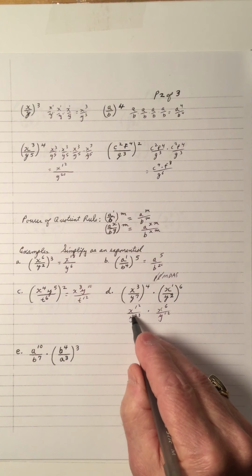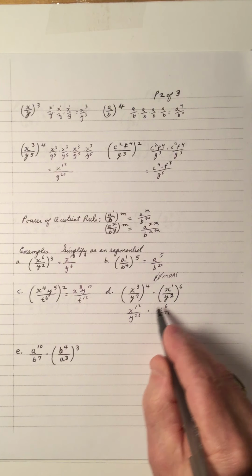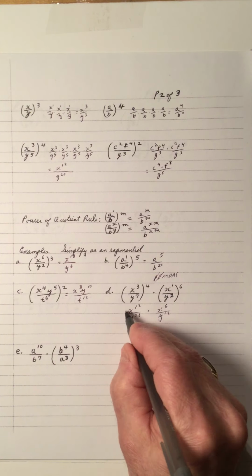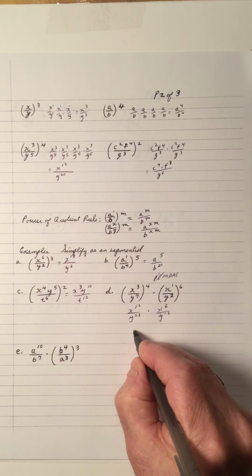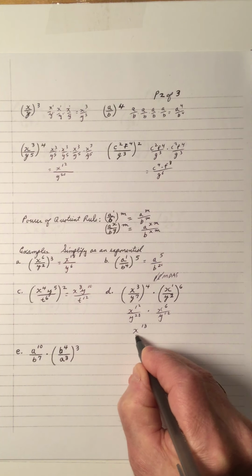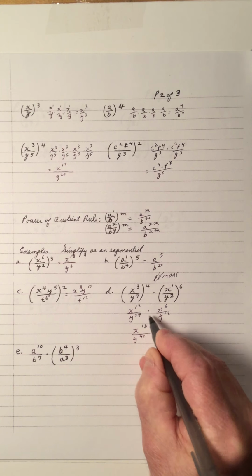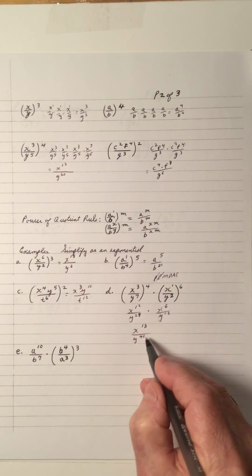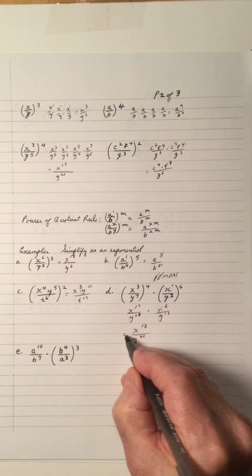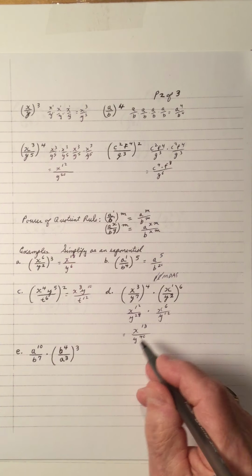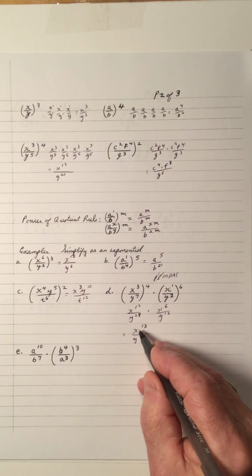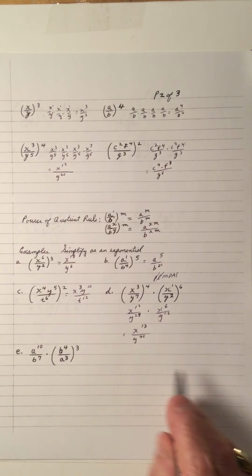Now, we can't divide these because they're not the same bases, but we can multiply across as if we're multiplying fractions. So that's x to the 18 and y to the 40, because when you're multiplying, you can add your exponents, and that's all we can do because there are x's and y's on top and bottom. We can't subtract because they're not the same bases. And e,